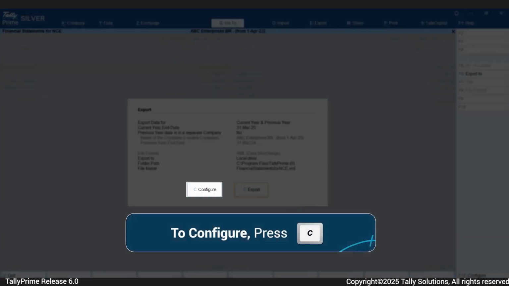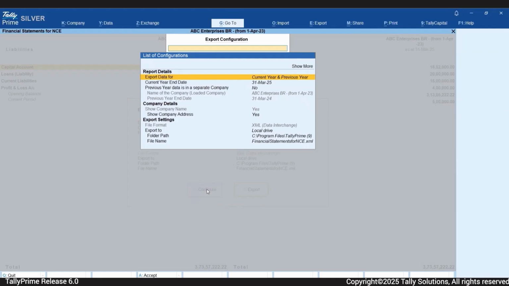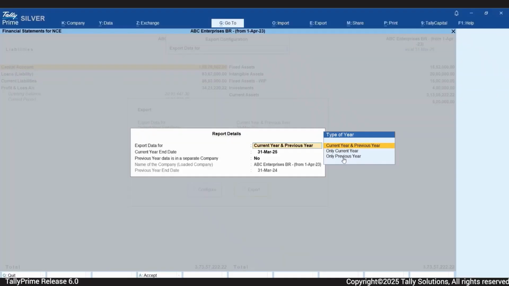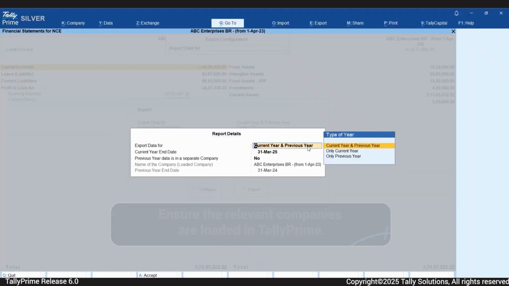Next, press C to configure export settings. In the Export Data for field, select the current year, previous year, or both. Choose the current year and/or previous year as needed. Make sure the relevant companies are loaded in TallyPrime before selecting them here.